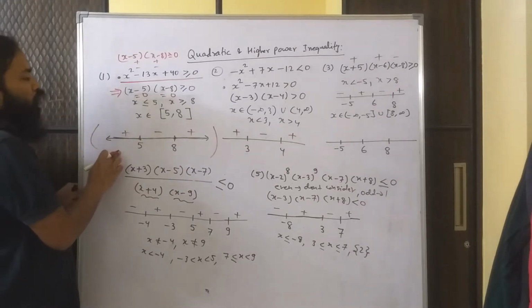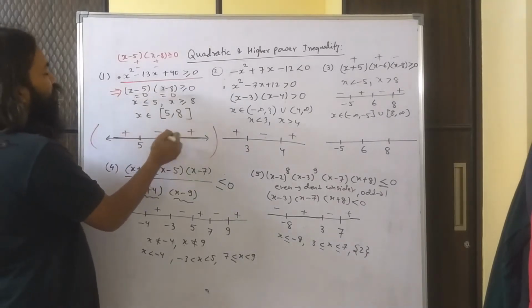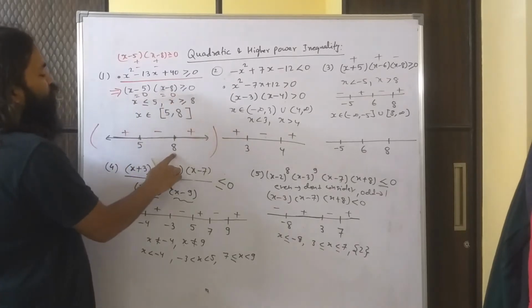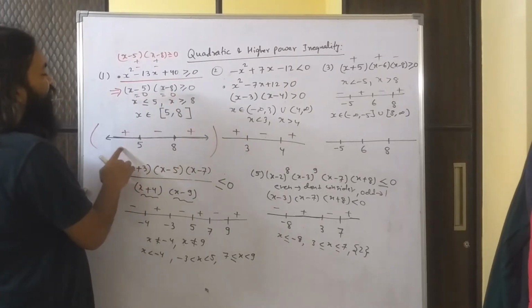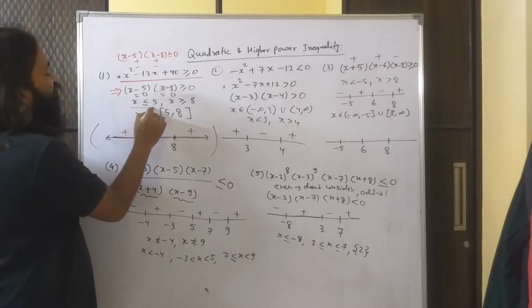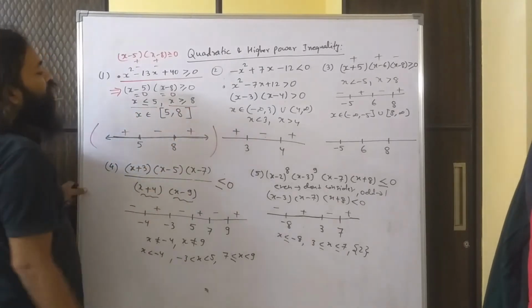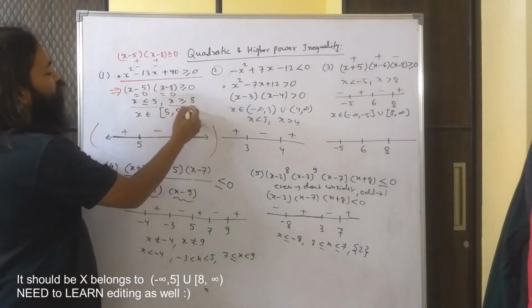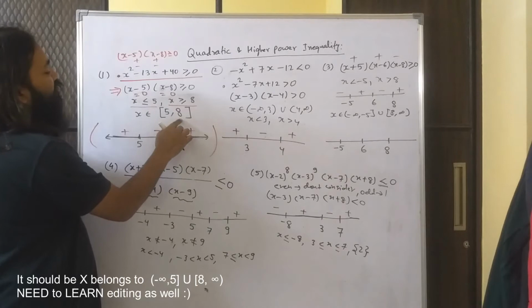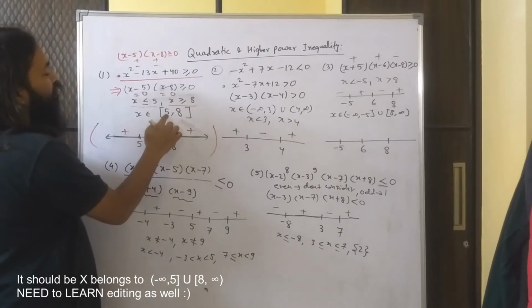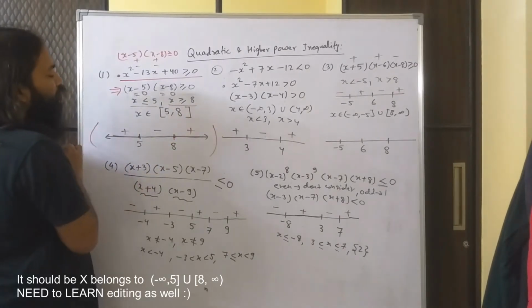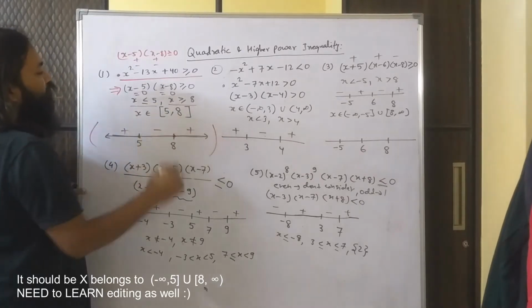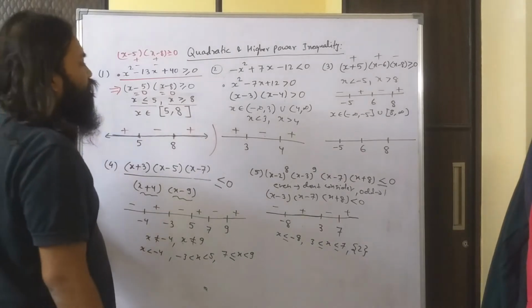Okay. Now what is the answer for this question? We want this inequality to be more than or equal to 0. So x should be more than 8 and x should be less than 5. So that is the answer, x less than or equal to 5 and x more than or equal to 8. Another way of writing it is using the intervals. When I use this kind of bracket, this means 8 is included and 5 is also included, because the equal to sign is there. Okay, so that is why I am using this notation. So that is the answer. Now let us quickly move to the next question.